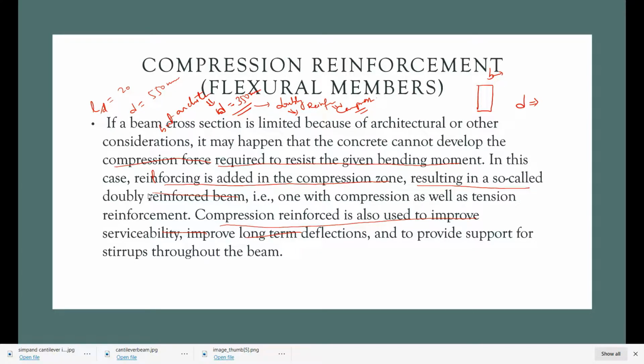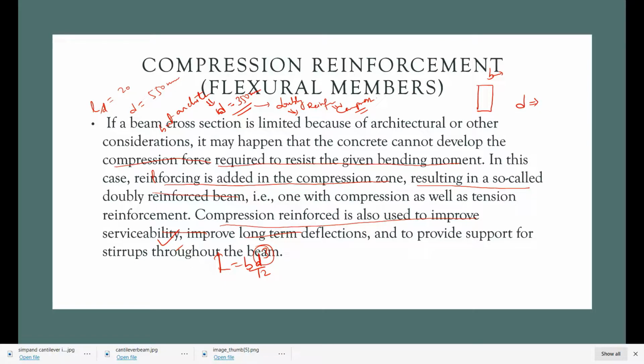Because we know that the moment of inertia I is BD cube by 12. If we increase the depth, it would increase the moment of inertia by D cube times. So we always try to increase the depth, because a small increase in depth increases the moment of inertia considerably.